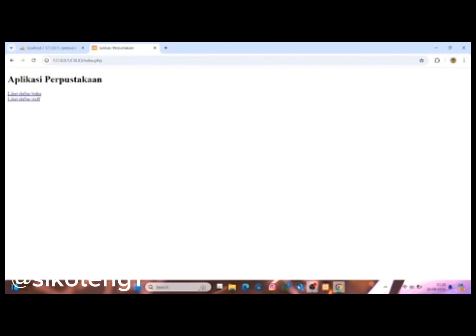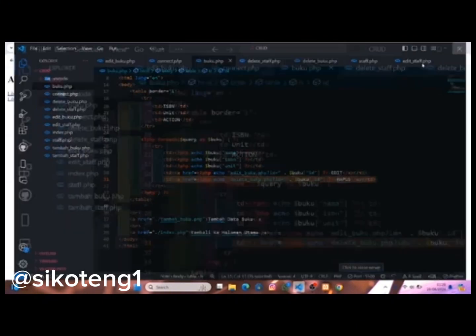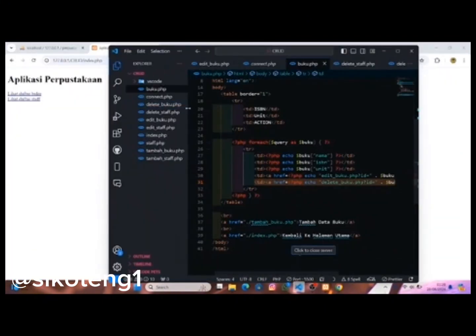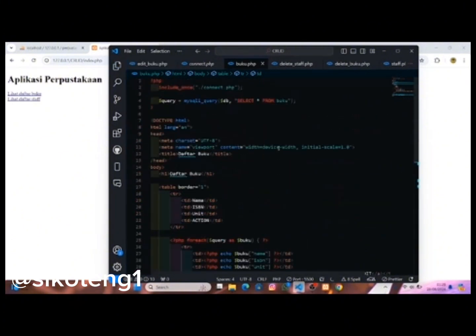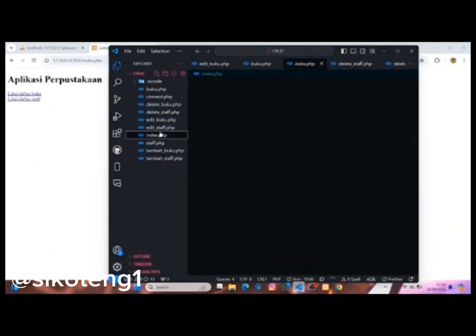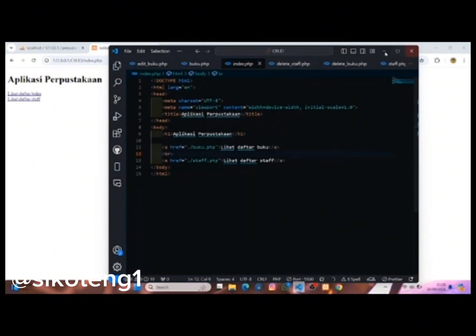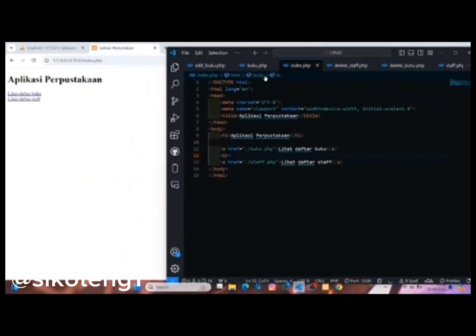Okay, this is my index.php. It has an h1 'aplikasi perpustakaan' and hrefs: lihat daftar buku and lihat daftar staff. This is the index HTML, or the main page.